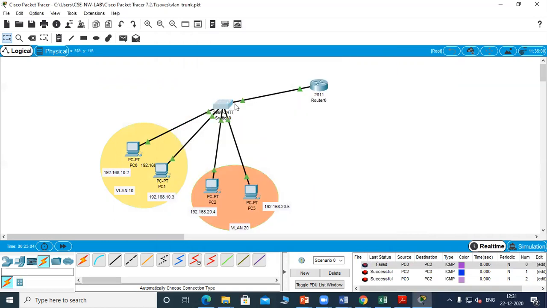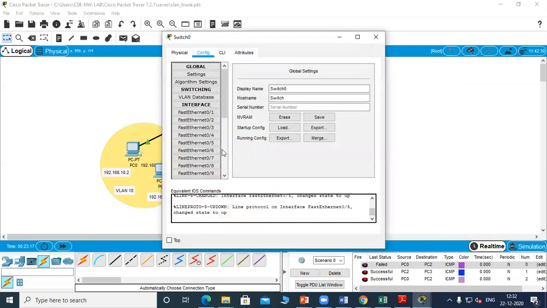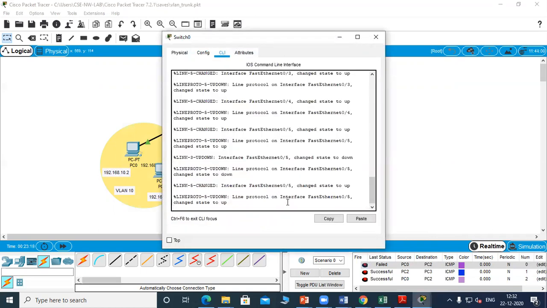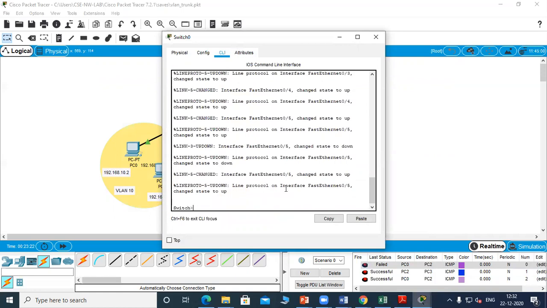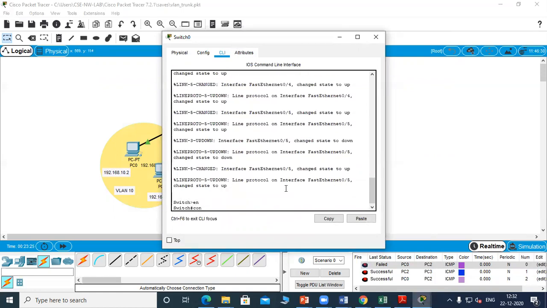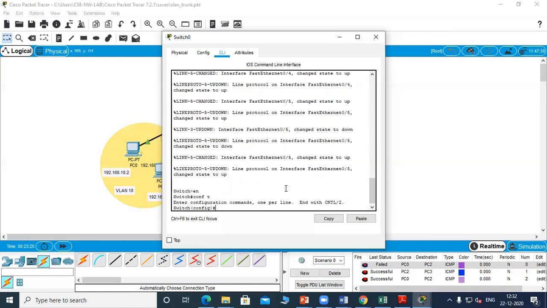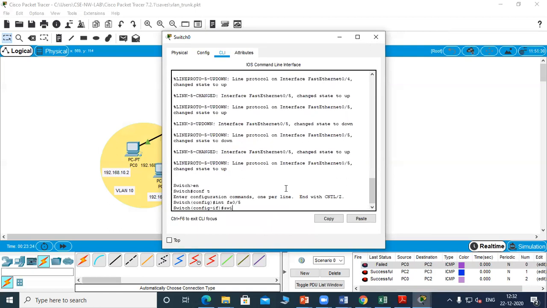the switch link that is connecting to the router, it is FA0/5, should be assigned mode as trunk. So in the previous scenario, we've already done the settings, so it is working. In case it doesn't work, then you can go to enable, config terminal, go to the interface FA0/5. Then here you have to make the mode as trunk, switchport mode trunk.